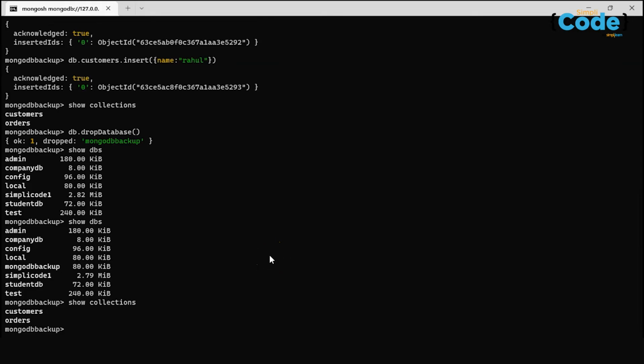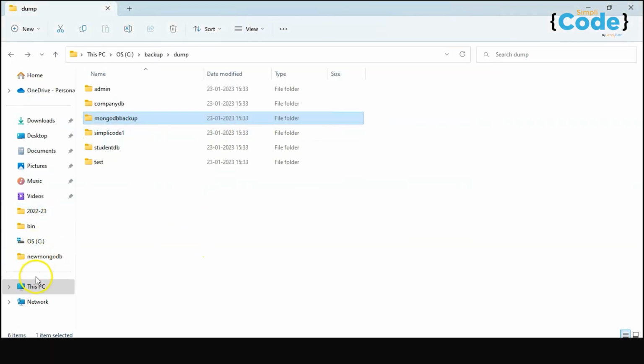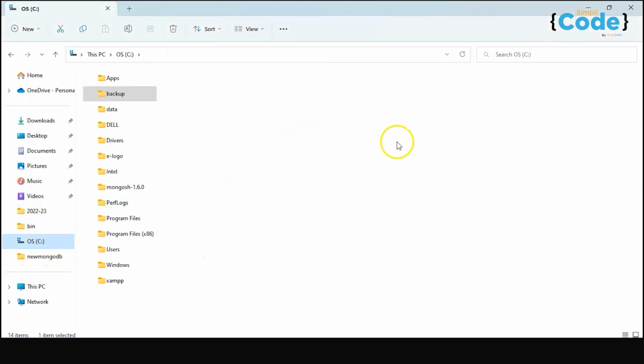So till now, we have basically backed up all the collections that are present in a database. Now, what if you want to create a backup of only a particular collection? Let's say I have the customers collection here and I want to only back up that and leave the orders. So for that, we have to basically again go back to our C drive and we'll just create another